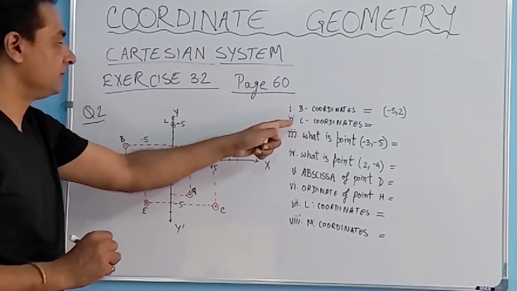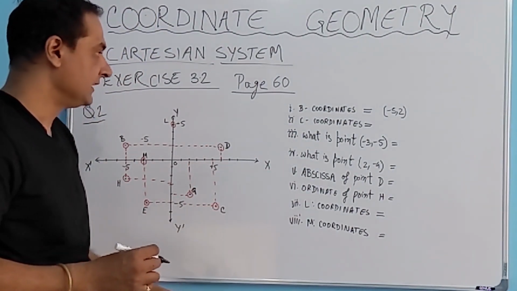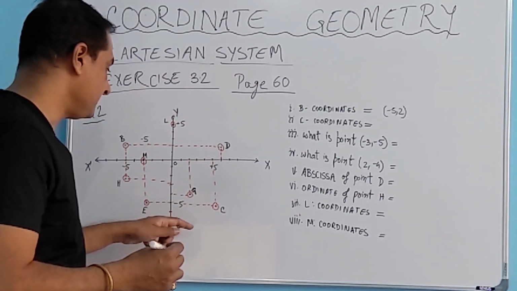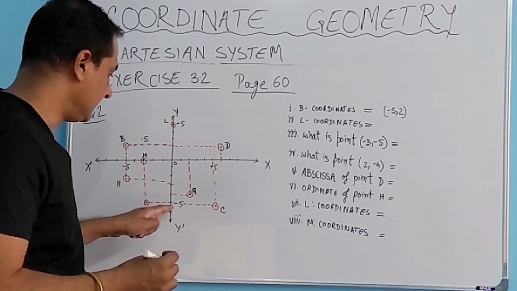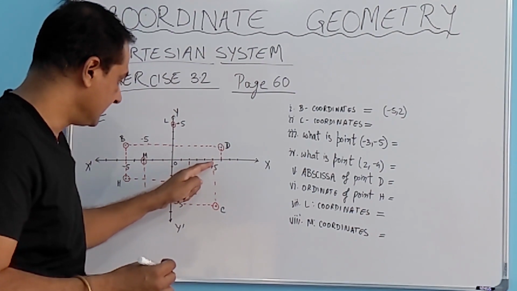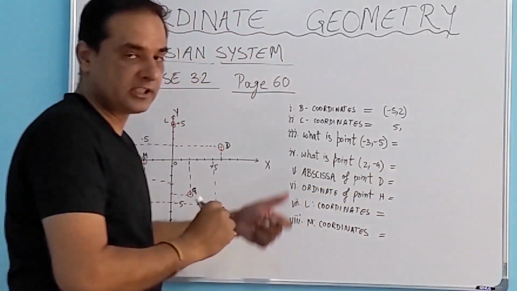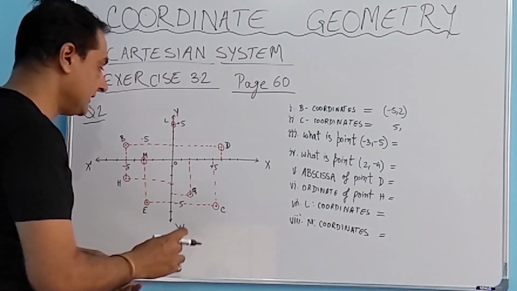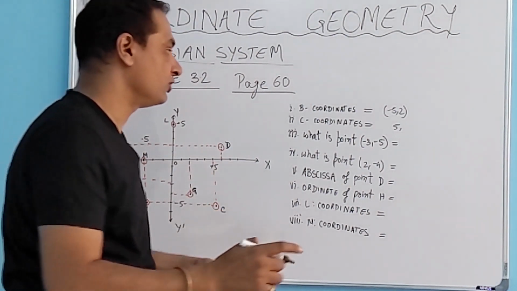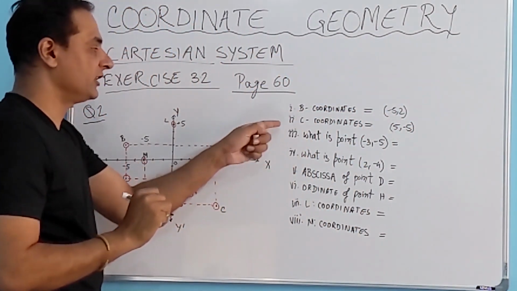Let's look at the next question, which is again to find the coordinates for point C. Locate point C. Here it is. What is the abscissa or x coordinate for point C? If you look at the perpendicular line to the y axis, we'll understand this. The perpendicular distance is 5, so the x coordinate, or abscissa, is 5. Look at the ordinate. The ordinate is basically 5. Since it's in the negative direction, it is going to be minus 5. And we put that in a bracket. That's the coordinate for point C.